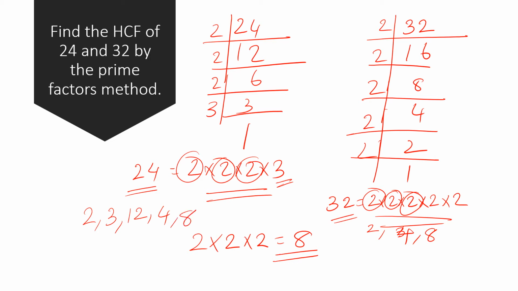When we write this, we don't write like this. That's not our job. That's why I was writing it front to back. We will find that 8 is the highest number by which we can divide 24 and 32. Let us think about which number comes after 8: 12 is there, but with 12 we cannot divide 32. That gives us an idea of which factor between two numbers is common and highest. Understood? So this is the fundamental of highest common factor. Let me go ahead.